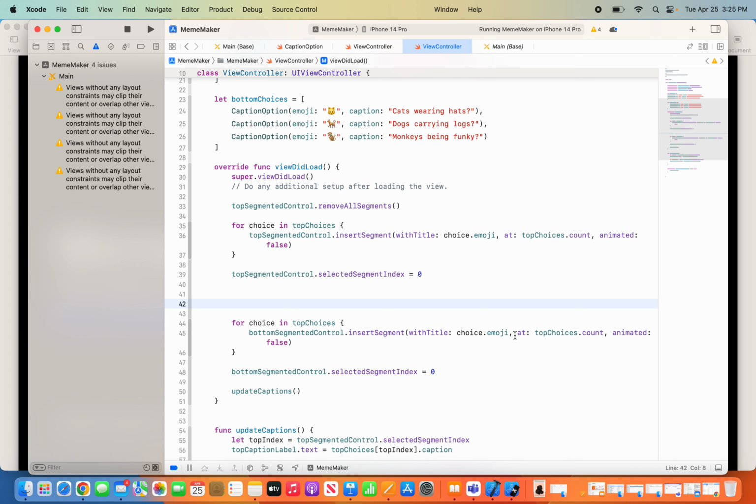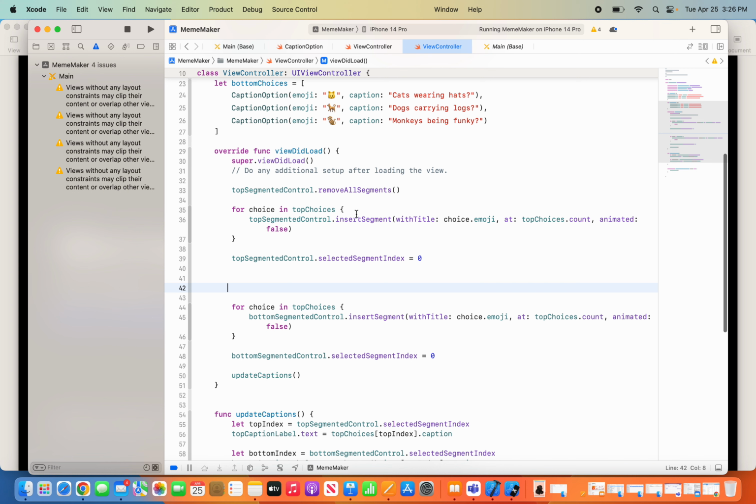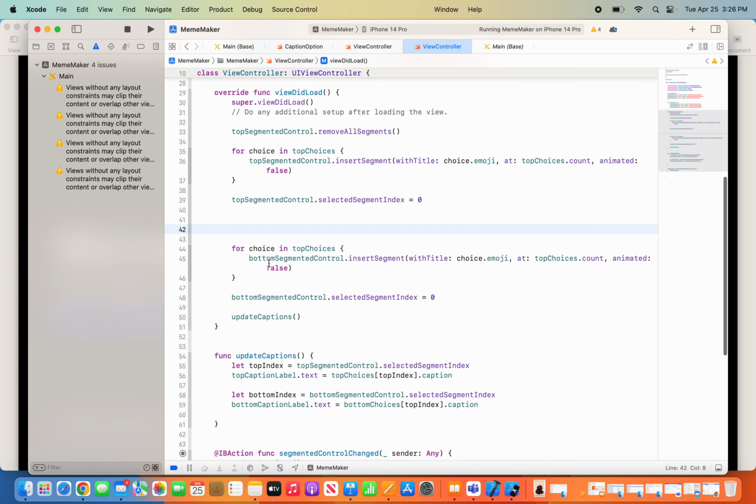And to be able to clear those 2 segments, that's why we use topSegmentedControl.removeAllSegments, and that's what clears those two segments, right? But notice we did that for the top segmented control here, but then we did not do that for